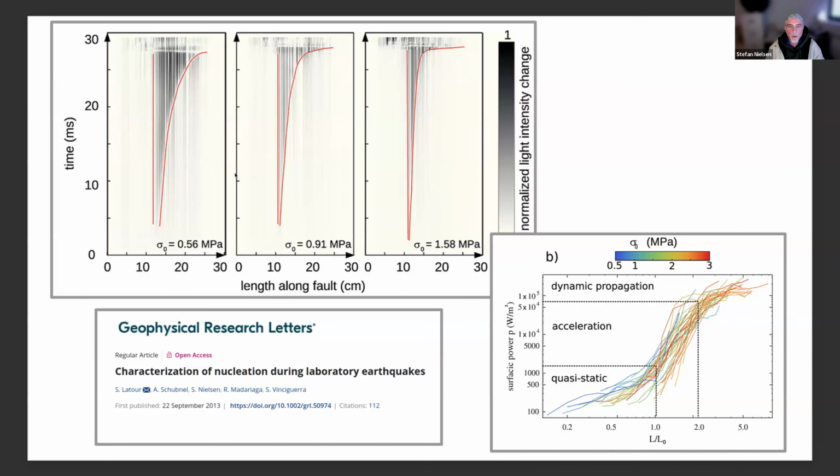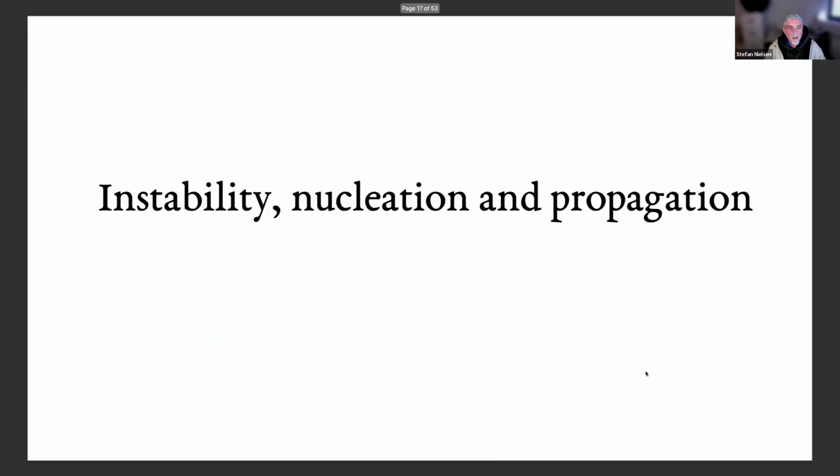So back then we tried to understand what controlled this scaling in the velocity of the rupture front. We did realize that there was a scaling. We were able to collapse basically all the experiments together by dividing the length by the initial length of the nucleation. But we weren't sure about what controlled the timing of how it developed. And it took me basically 10 years to figure this out. And I hope I'm going to show this today to you.